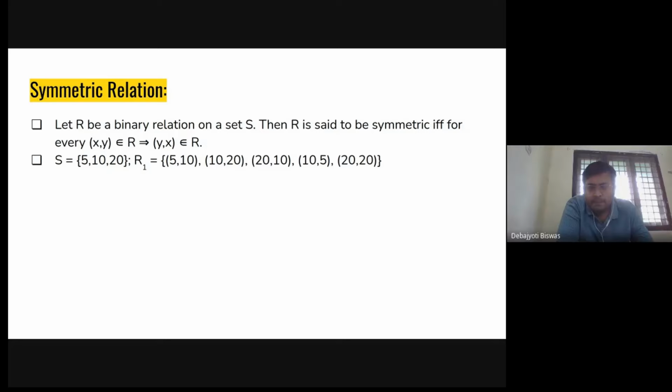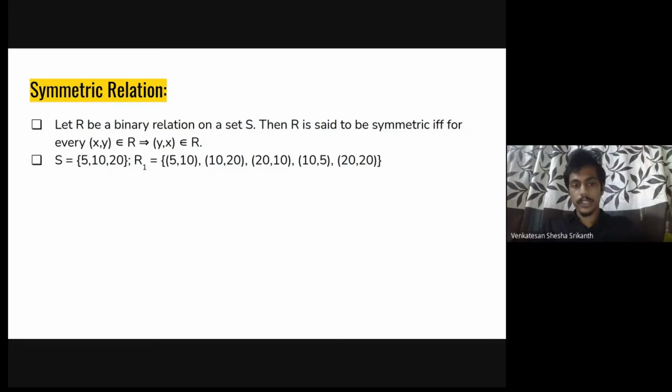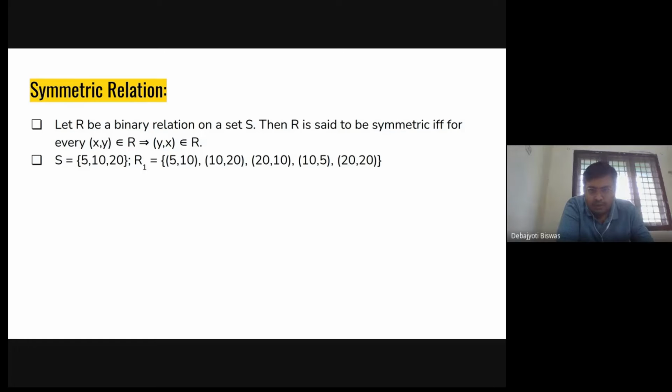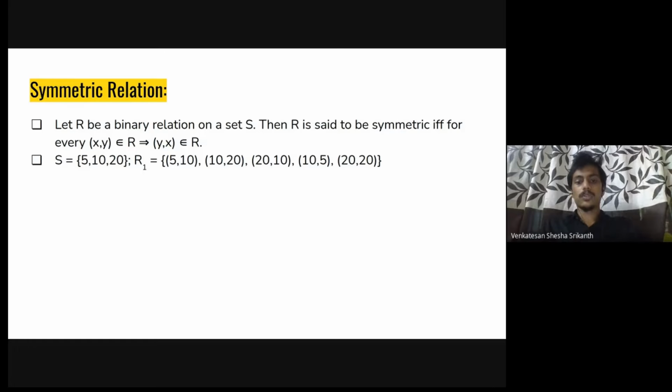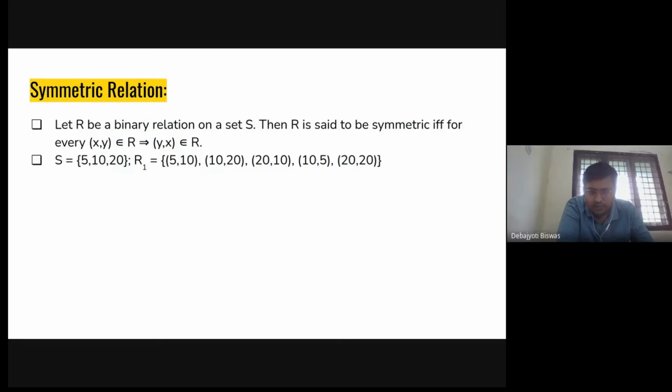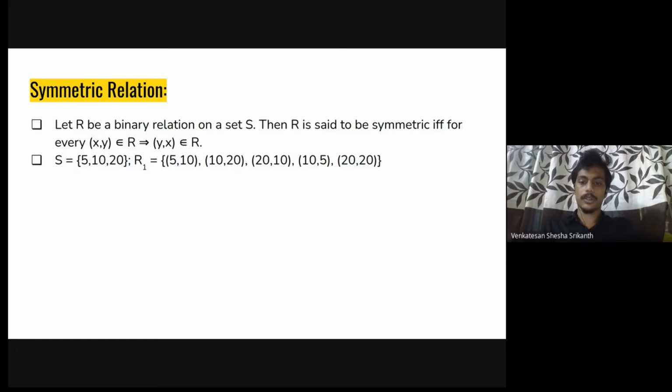Similarly, if I take 10 comma 20, where x is 10 and y is 20, I should have 20 comma 10 in my R1 in order for R to be symmetric. 20 comma 10 is there in R1. Similarly for 20 comma 10, there is 10 comma 20, and for 10 comma 5, there is 5 comma 10, and for 20 comma 20, there is 20 comma 20, which is the same as itself.